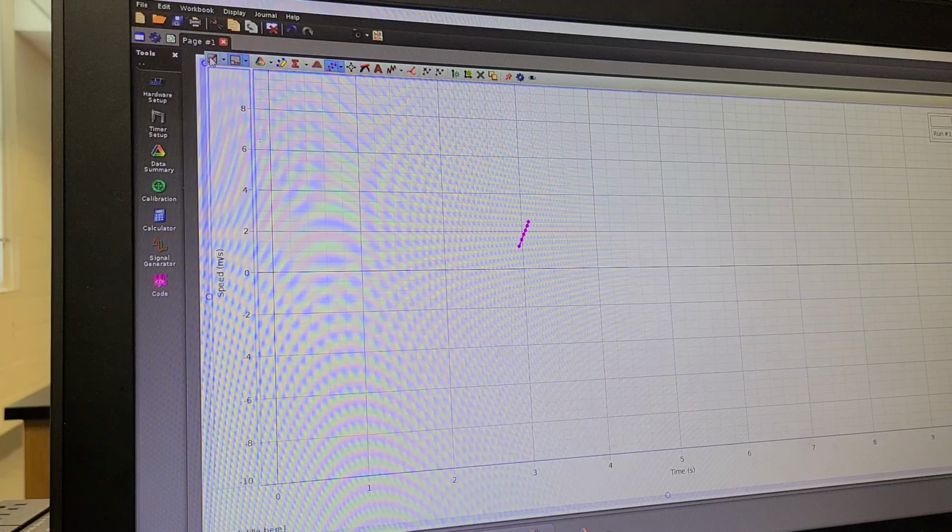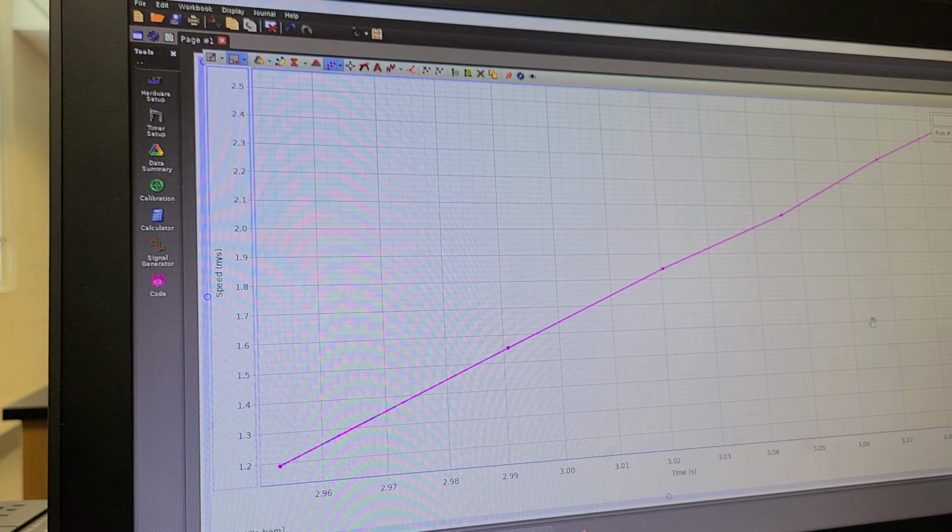Go to the very first menu all the way in the corner over there, click on it, and it'll go like this. So this is for speed versus time, so it looks like almost a straight line. That's what you expect. So what we are going to do is highlight the data. Use this one to highlight the data. So if you click on that,